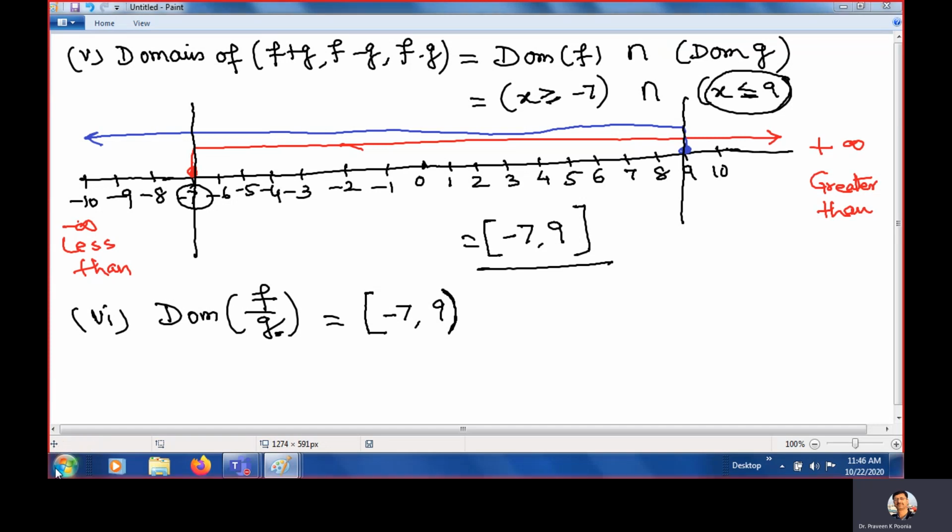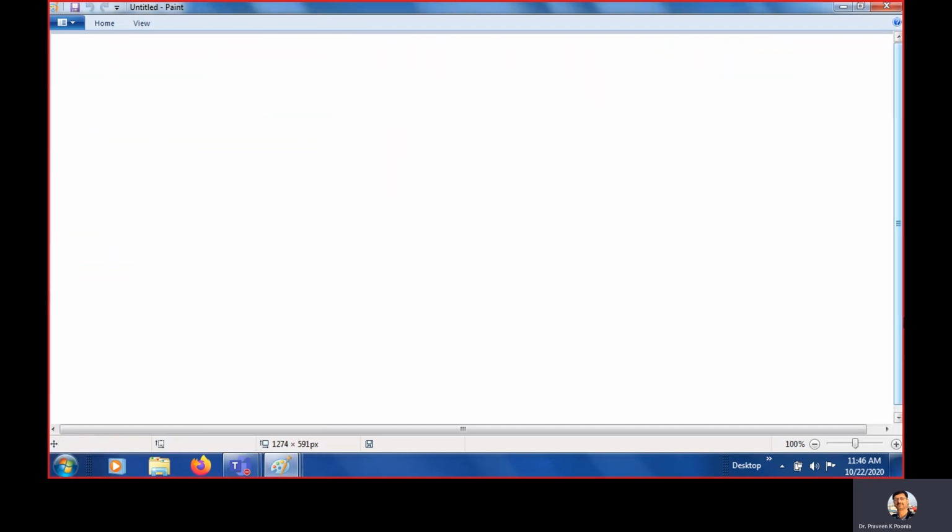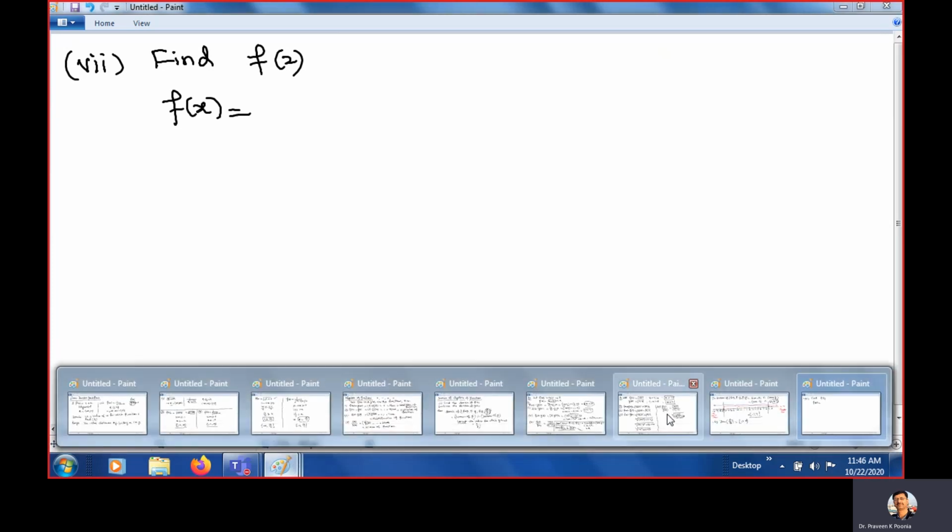Now one more type of question I need to bring to your kind notice, that in some of the questions they ask, like we will take 3, 4, 2, 6, 7. Find, what they are writing in the question, find the value of f(2). Now how can we find the value of f(2)? Because we know the value of f(x). What is the value of f(x)?